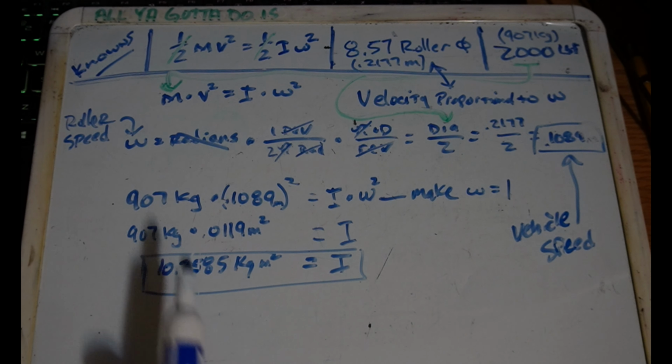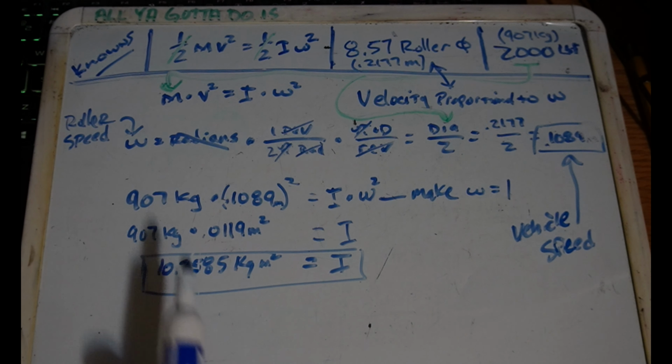And pi times the diameter is a revolution, so the revolutions cancel out, and the pi here and the pi there cancel out. So basically, my omega equals the diameter over 2. We already know the roller diameter, 0.2177 meters, divided by 2,